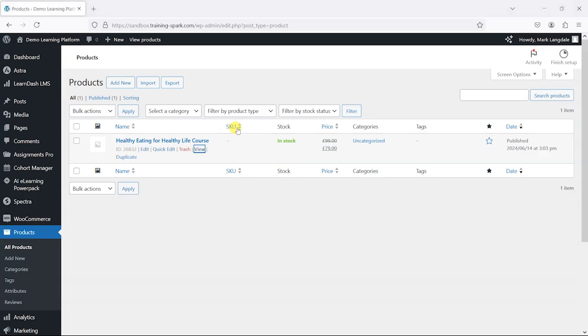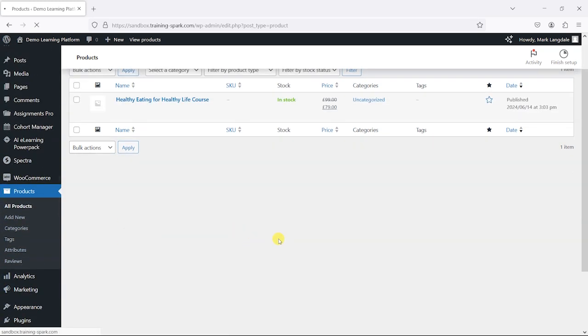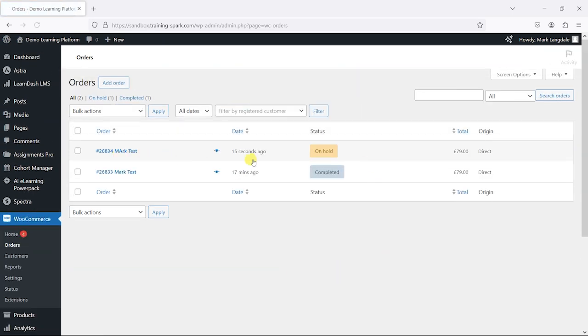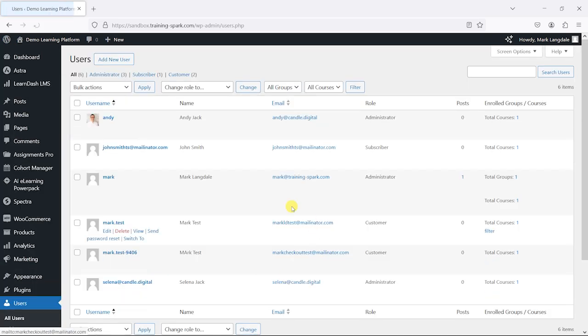But if I switch back to my other tab here and go to the WooCommerce orders, I'll see that this order is on hold, but this user should still have been given access to the course. So if I head to users and find this mark test user here, mark checkout test, which is the one I just did,